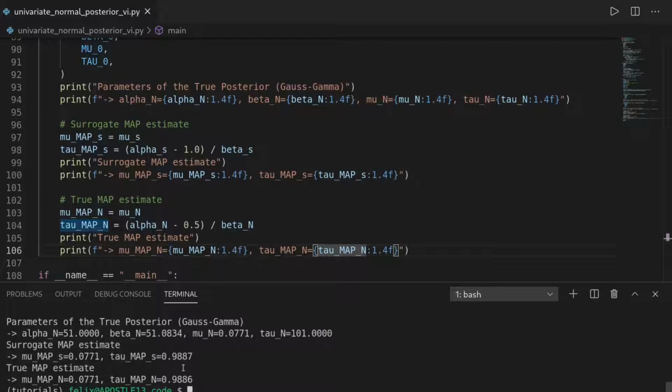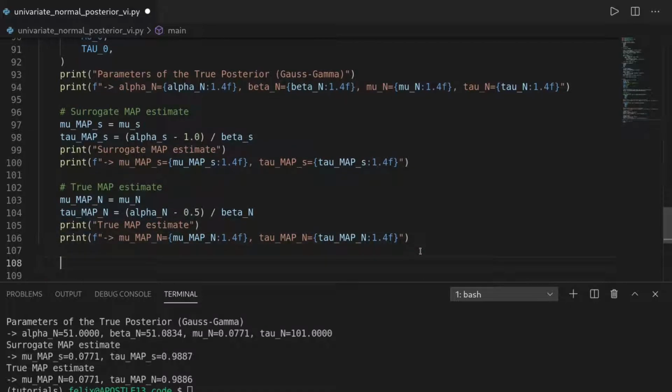This can be due to the data set, that the surrogate posterior is a little bit better. In general, if you observe this maybe with more data, then you might see that the true MAP is a little bit better. But of course, the most interesting aspect is to look at some contour plots here. For this, we have to create a mesh over which we evaluate the functional form of the surrogate posterior and the true posterior. So let us start with defining these two, because they are joint distributions,